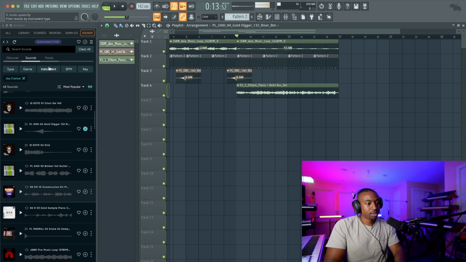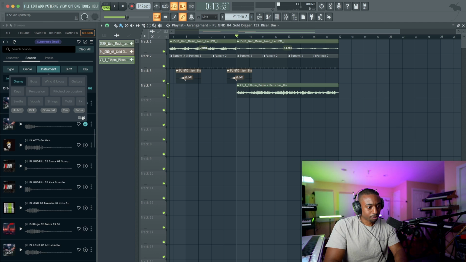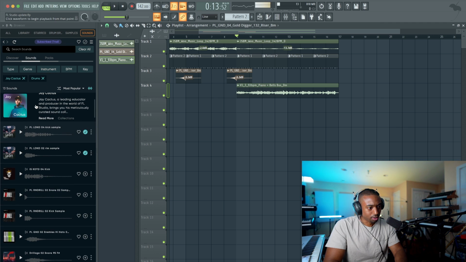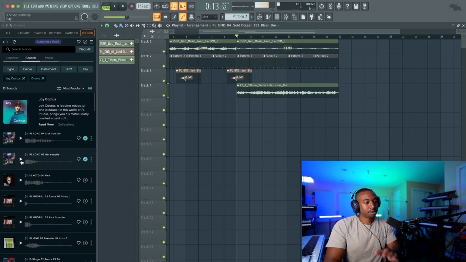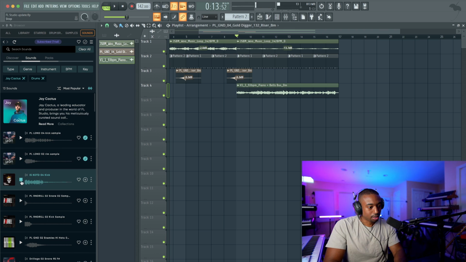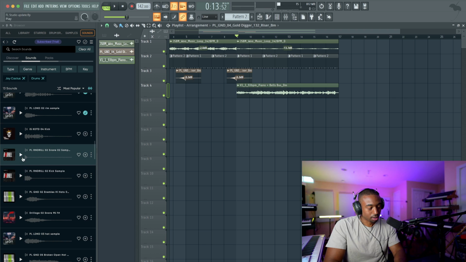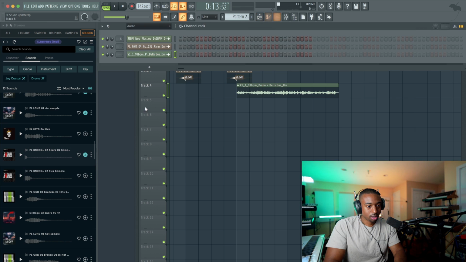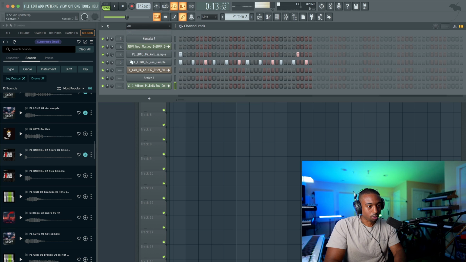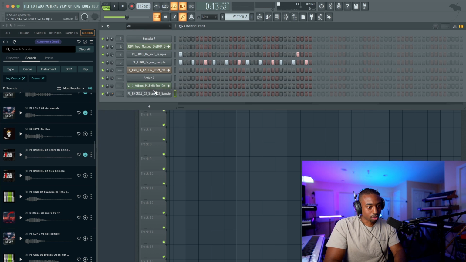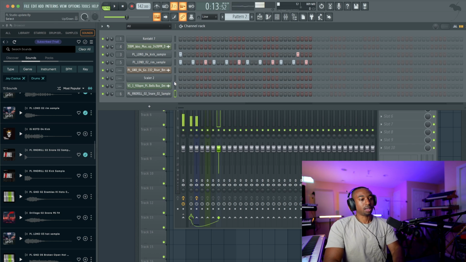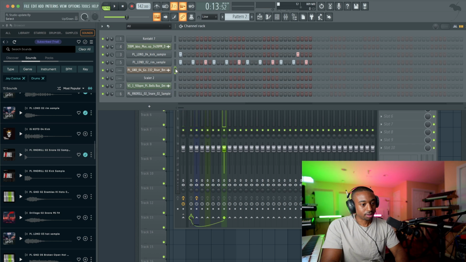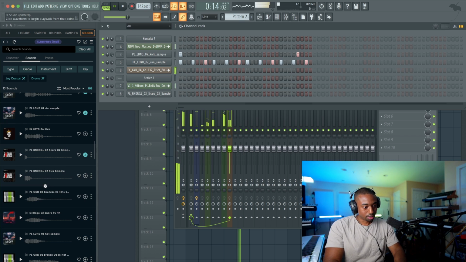Also, you could type in the instrument. Let's go to drums here, and it's only focused on drums. Now the interface, I'm sure will get better over time. It's a little clunky, but just trying to figure out what's what. But we're not complaining. I'm just showing you stuff that you might run into, and I'm trying to give you the real experience here.